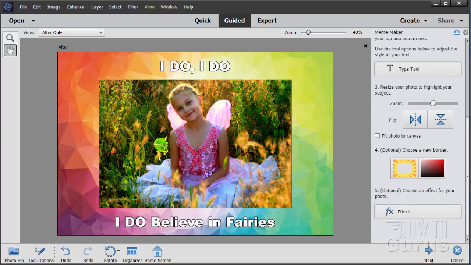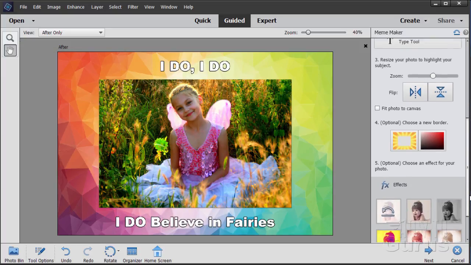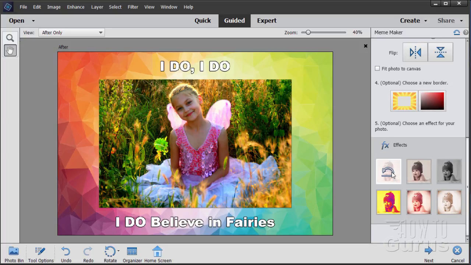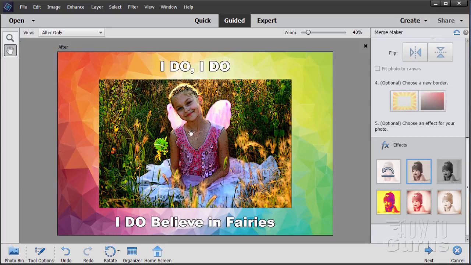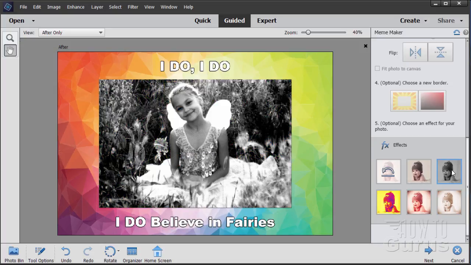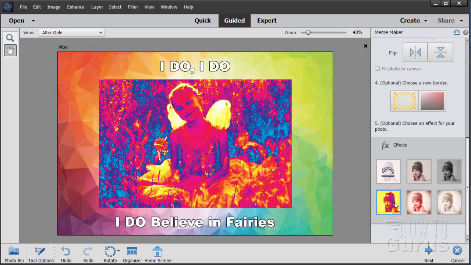Okay, next we'll scroll down just a little bit further, and we have effects, which are applied to the photograph in here. Click on Effects, and you have just some fast effects. This undoes the effects right there. But we have our first one here, which is kind of an edge definition drawing, puts contrast on the edges, or we have a black and white old-fashioned look, or we have this thing, which may work out sometimes,